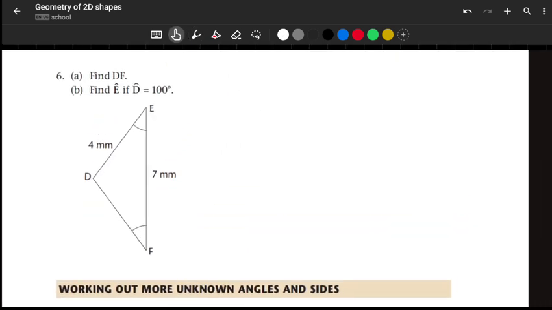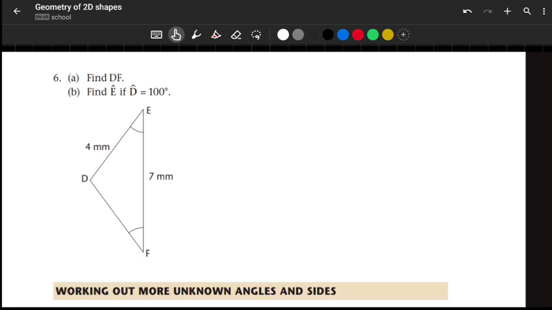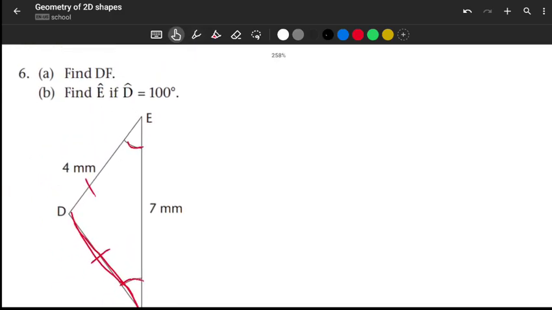And then we're going to go to this one. They're asking us to find the line DF, which is this line over here. So if you look at it, remember here I said that if you have two equal angles, that means the sides opposite those angles are also equal. So in your explanation here, you're going to say that